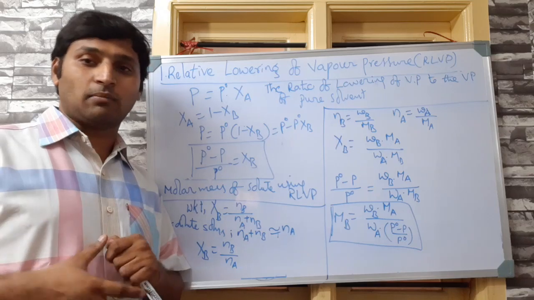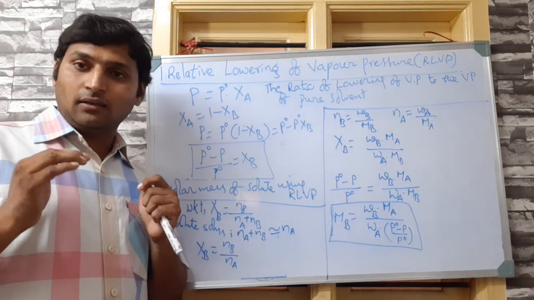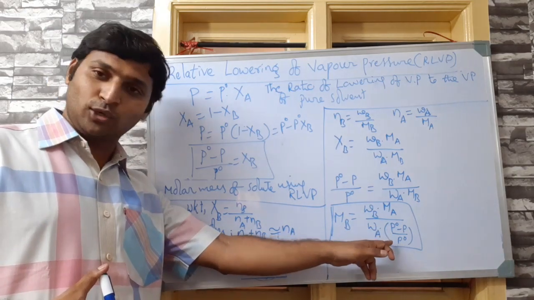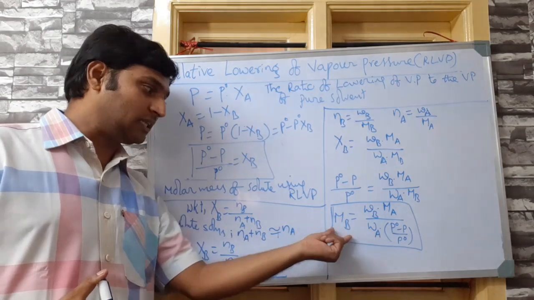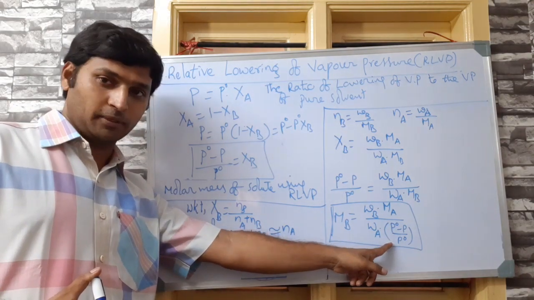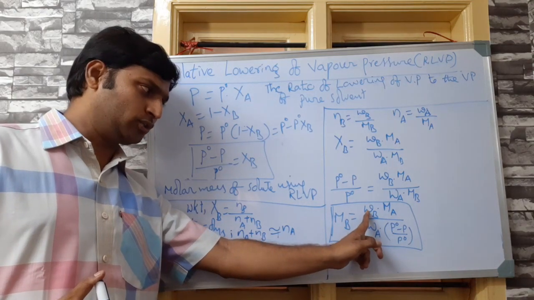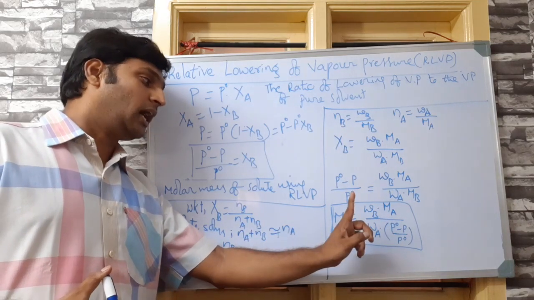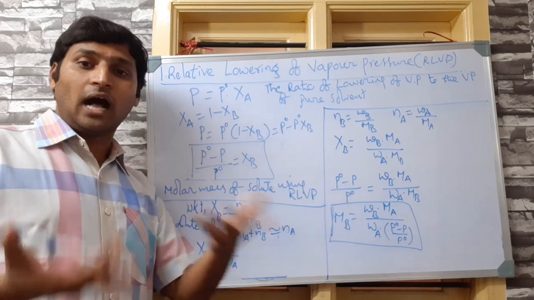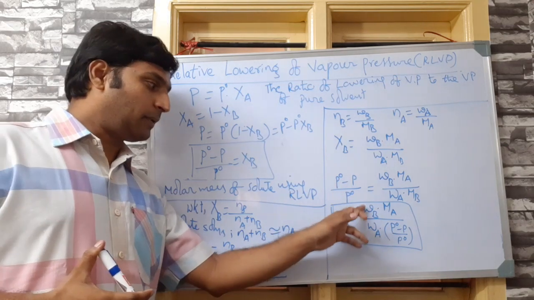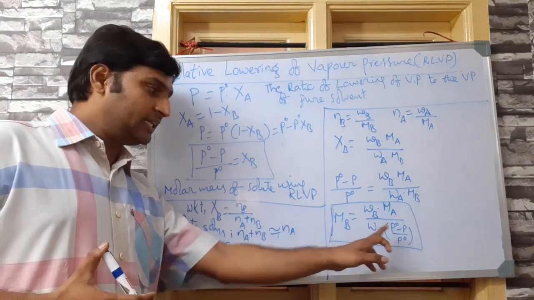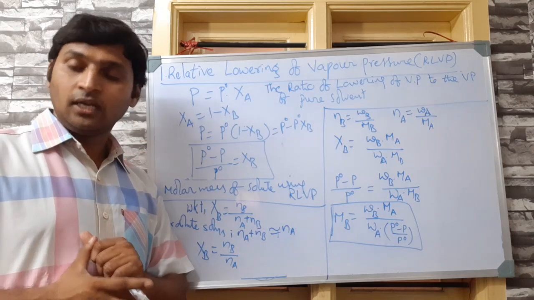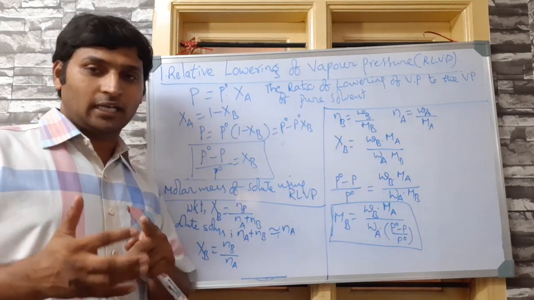Now why am I insisting on this formula so much? See, experimentally in the laboratories also this formula is very important. They prepare a dilute solution, find out RLVP, then using this formula they will determine the molar mass of the solute from the value of RLVP. They would have decided what weight of solute to dissolve and in which solvent to dissolve, so they will know the molar mass, and in how much solvent and how much solute should be dissolved. All that is in our hands. Accordingly, they prepare a solution with known quantities and determine RLVP, and using this formula they will find the molar mass of that unknown solute. So it is important in the laboratories also scientifically, number one.